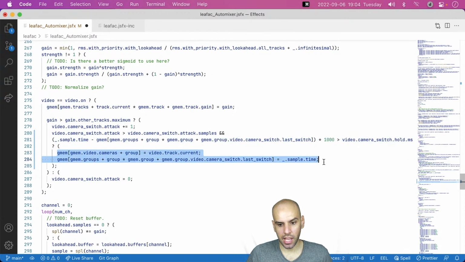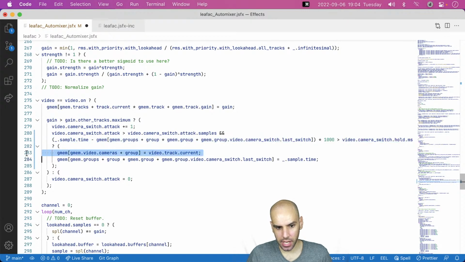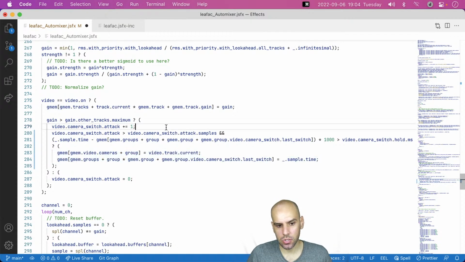And then we'll do the camera switch. But then on the next time we go around, these two conditions will still be true. Well, I guess this will not be true. But then wait for a second or two, and this condition will be true again, and then we are switching to that camera again, which is not really the intent. We only want to switch the camera if we are not the current camera.